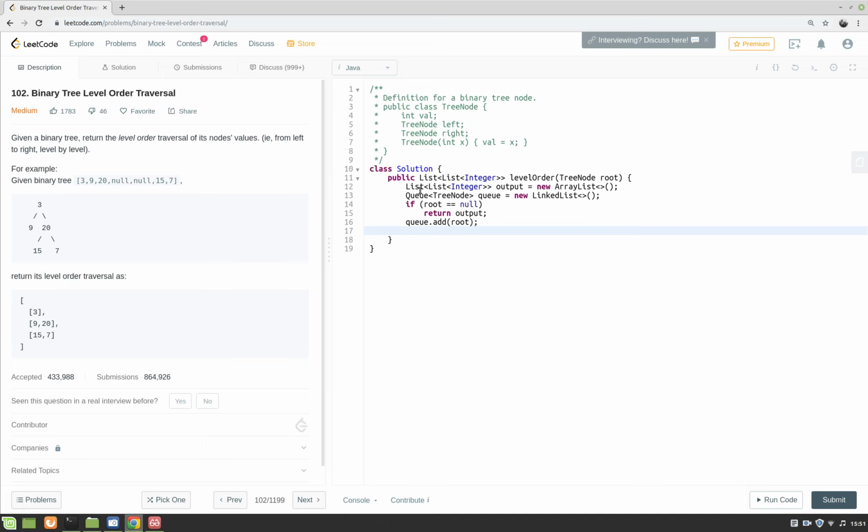Now let's begin the process of level order traversal. While queue is not empty, initially we have to calculate the size of the queue. So we'll have a variable called size which will be equal to queue.size. We shall create lists for every level. So we'll have a list of integer, name it list. I'll use ArrayList again. Now we have to iterate through the size of the queue. So for int i equal to 0, i less than size, i plus plus,